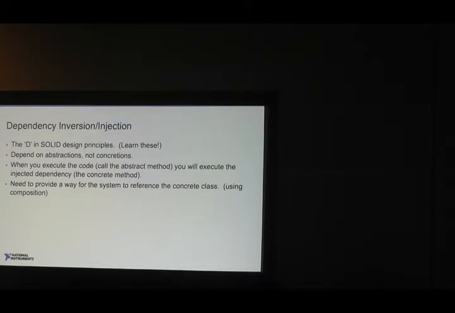So we use a concept called composition. Instead of inheritance, where you have a child inherited from a parent, composition is where you have a class that contains another class as part of its data. In this case, we would be composing our system, and it would contain our abstract class, and that would be what we would wire through our code and what we would be calling. But at runtime, we would be injecting a child of that abstract class, a concrete class, and that would be the actual code that gets run at runtime.